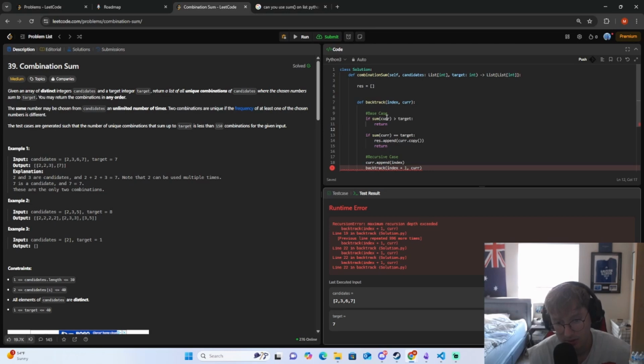The recursive case. I know if we have our sum current equal to target, we need to append to the res and return. I know that. But if we add up all these values and it goes higher than